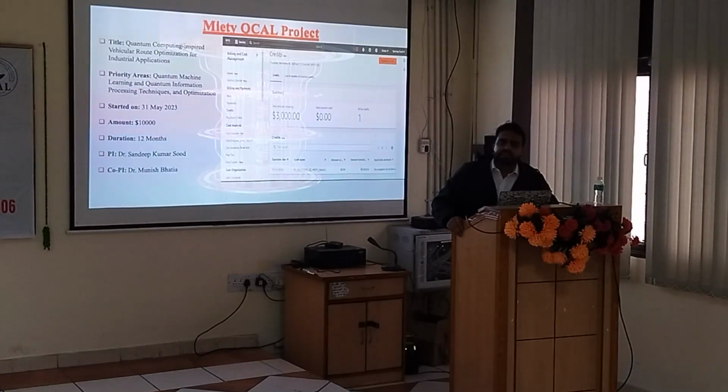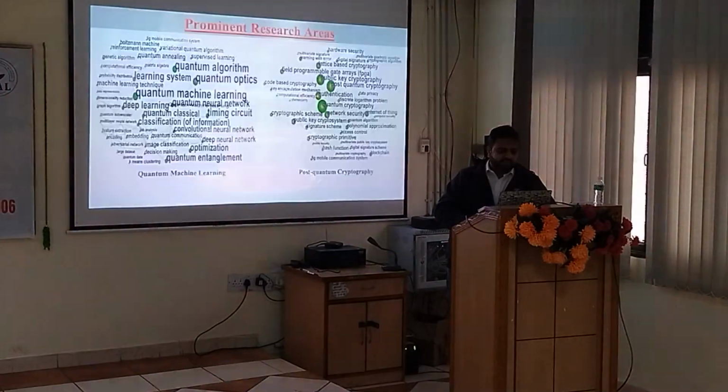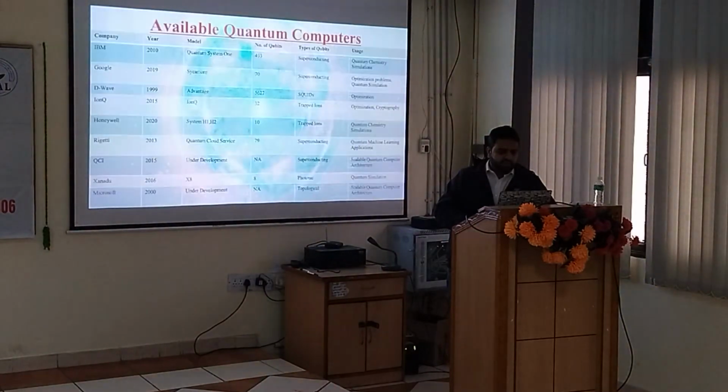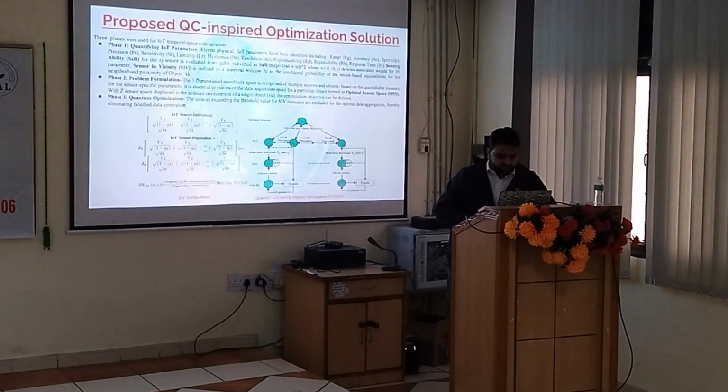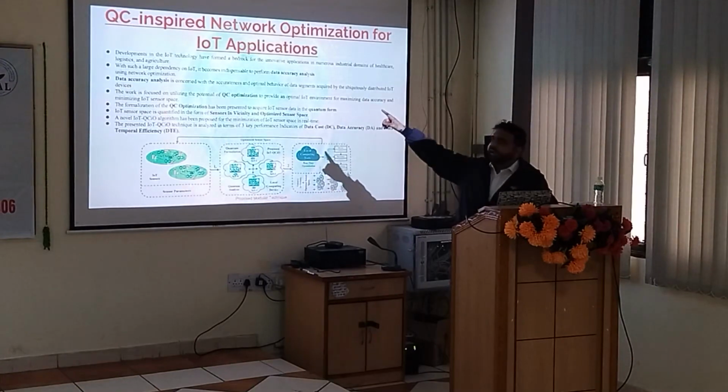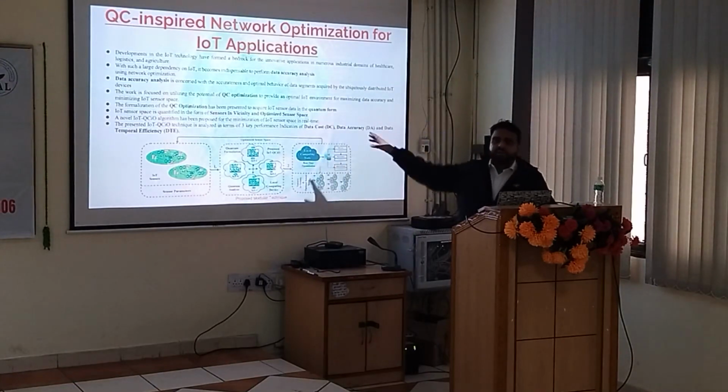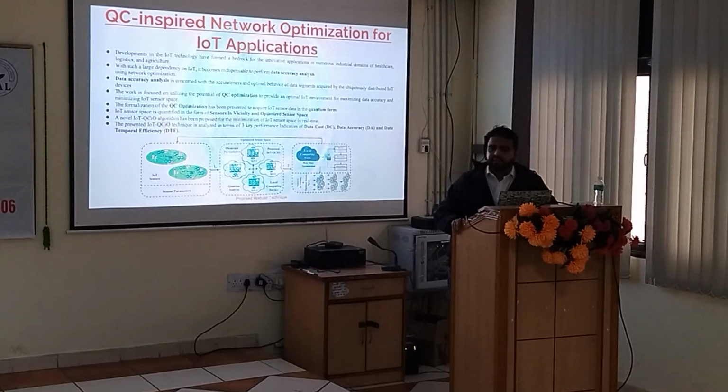Any example of a quantum-inspired algorithm? I have mentioned my research work that is only quantum-inspired: the genetic algorithm that is inspired by quantum computing itself. That's why in the title also it is quantum-inspired. If I show the title itself: Quantum computing inspired network optimization. So that is basically a quantum-inspired genetic algorithm. It is inspired from quantum, because at that time I did not have access to quantum hardware. So I used quantum computing concepts, mapped them over to the classical genetic algorithm, and designed the algorithm for this.